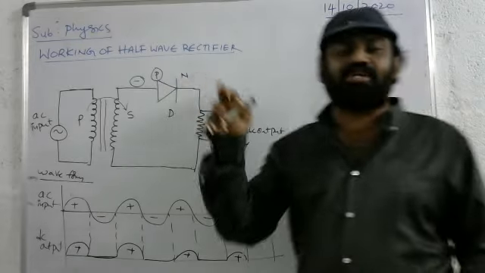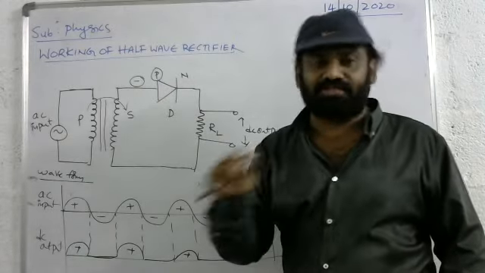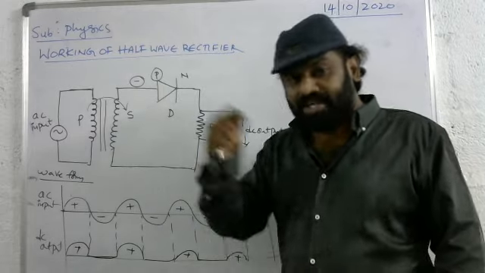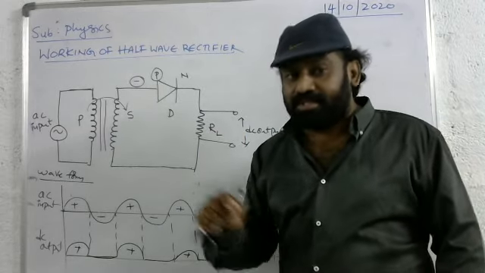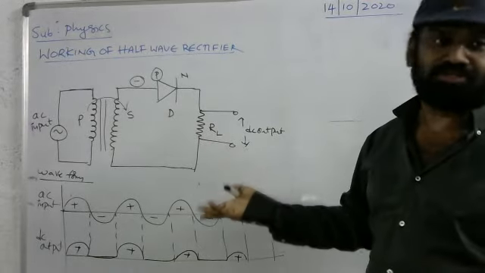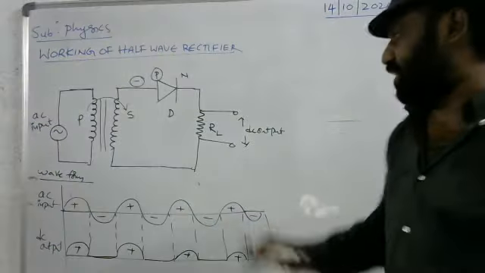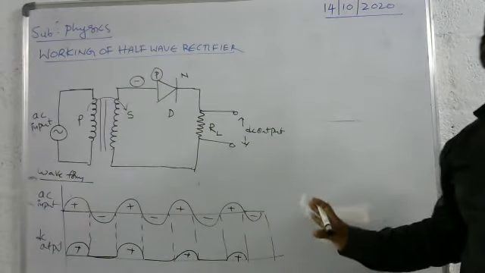During negative half cycles of AC, diode D is in reverse bias. For the positive half cycles, it is in forward bias. But for the negative half cycles, what happens here? These are all in reverse bias, so it won't allow the current. So we cannot get the signal. So it rectifies only half of the wave as a DC.